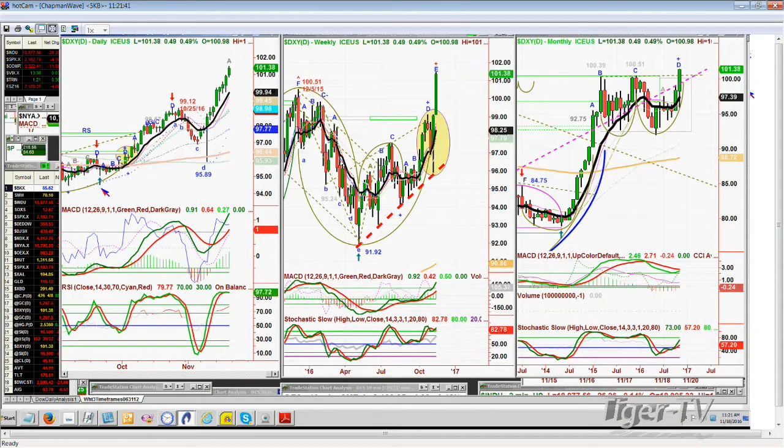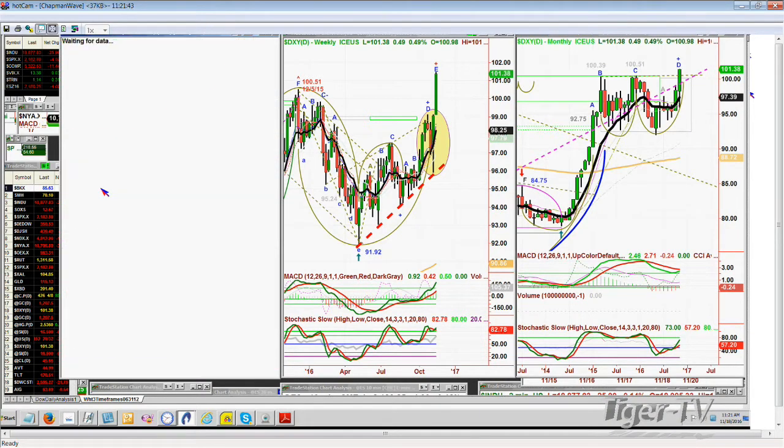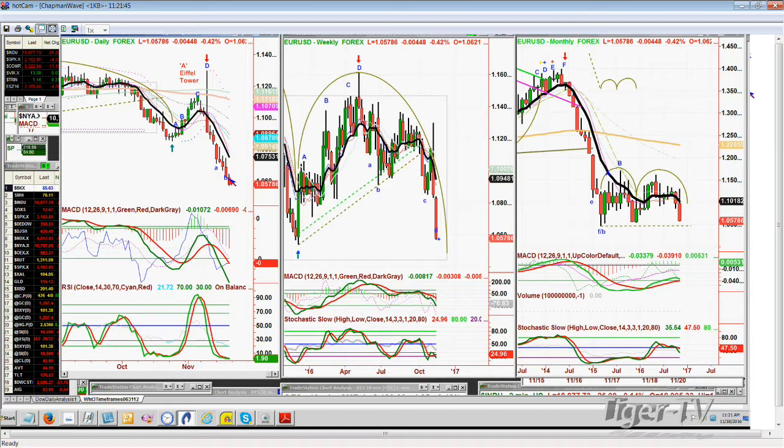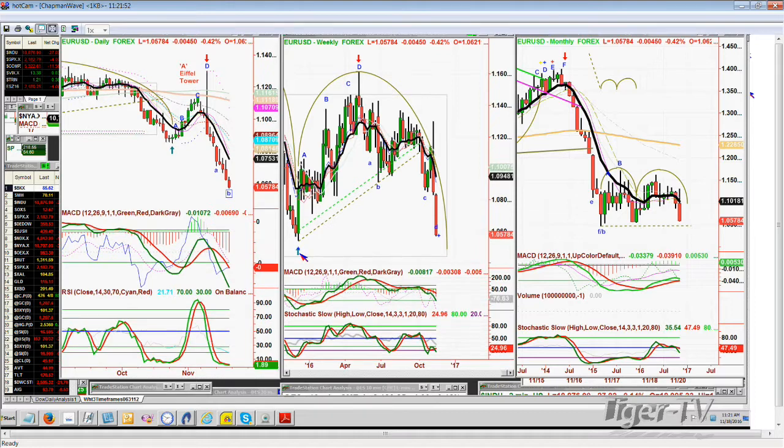I was going to go to the EUR-USD right there. You see, down, down, down. I was asked about this all week. We've been asking and saying, no, I think it's going lower. I think it's going to test the low of December 2015 of 1.0538. And there it is. It's at 1.057 right now. And that's not good for the dollar. I mean, not good for the gold either.